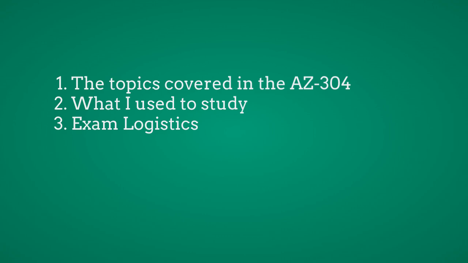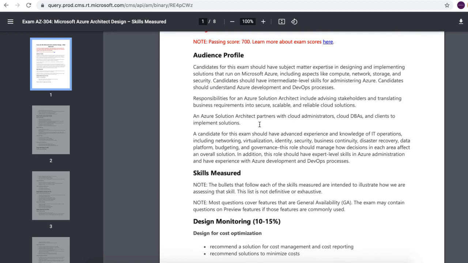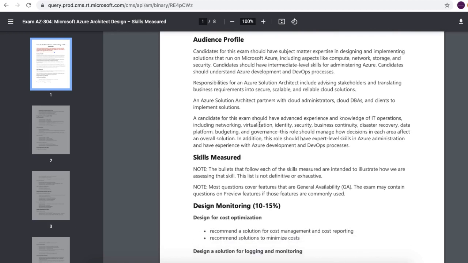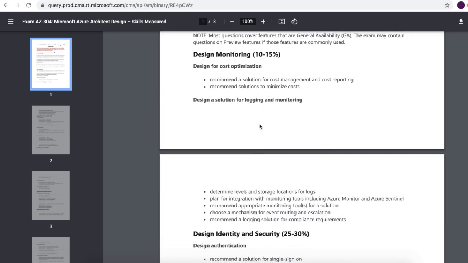Okay, so I've opened up the AZ-304 syllabus from the Microsoft website for the Microsoft Azure Architect Design. And if I just scroll down, you will see one section that is named Design Monitoring. And honestly, within this section, what came up for me mostly was Azure Monitoring and Azure Logging, so how to